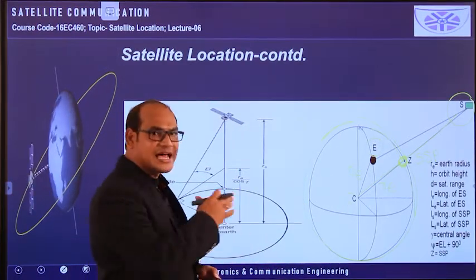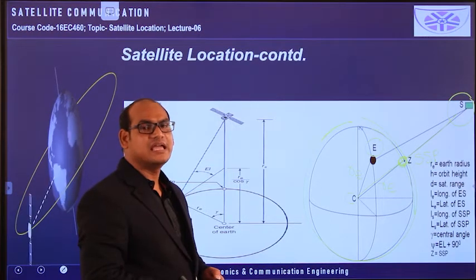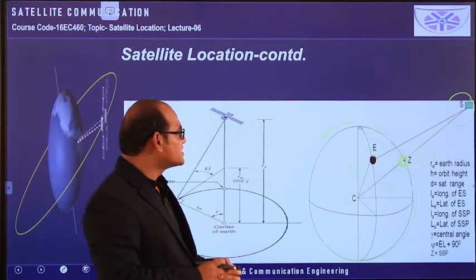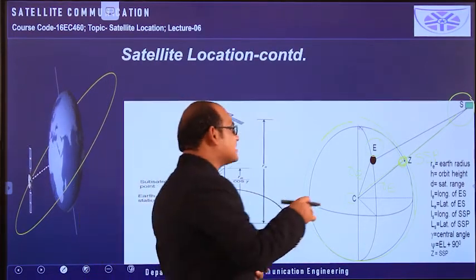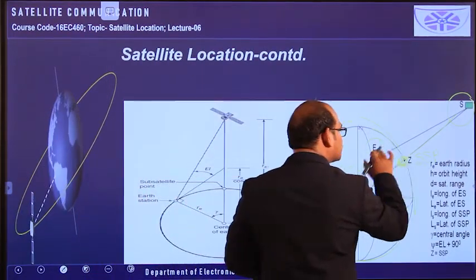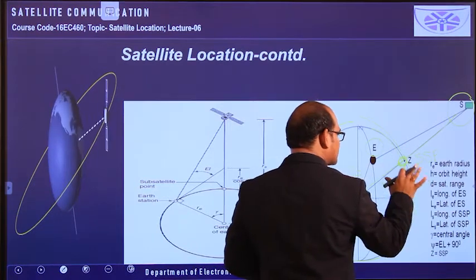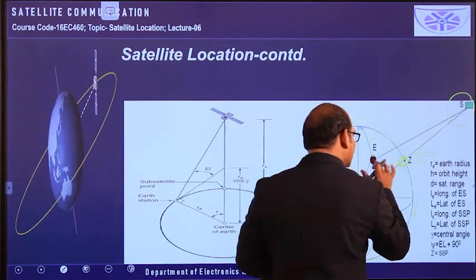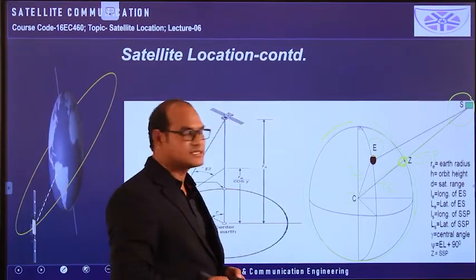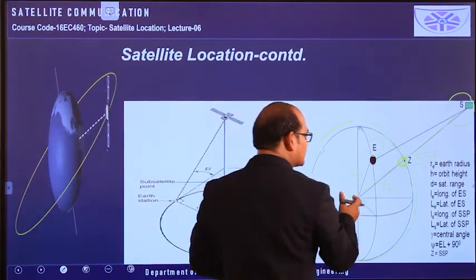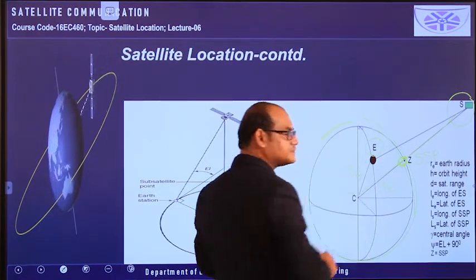This is the first point you have to remember here. This entire class is about the mathematical orientation of the look angles only. So the first point we have to remember is that the earth station E and the subsatellite point Z are both available on the surface of the earth, and these two are at the distance of the earth radius RE from the center of the earth. So those two are represented with RE only.